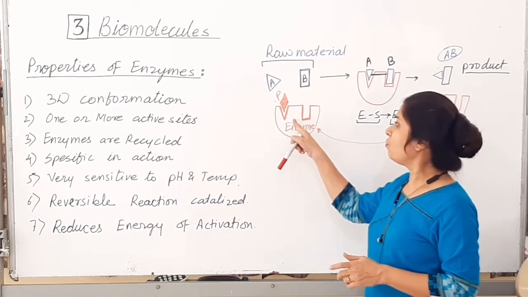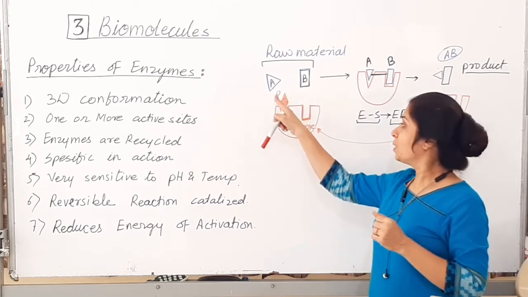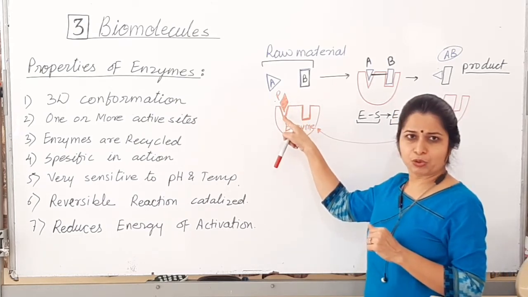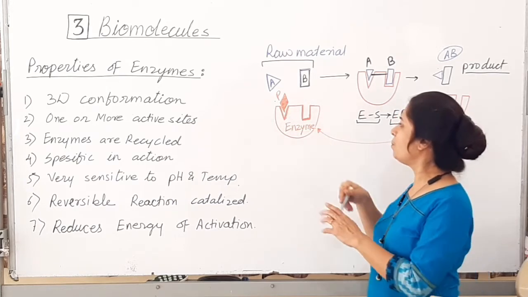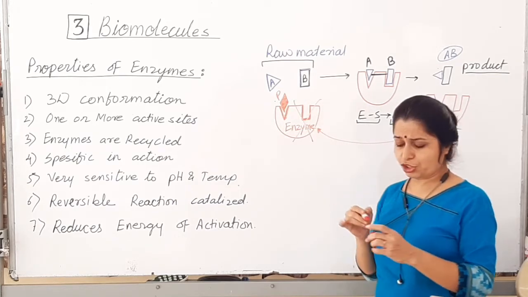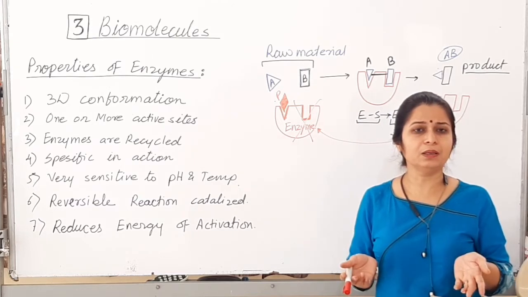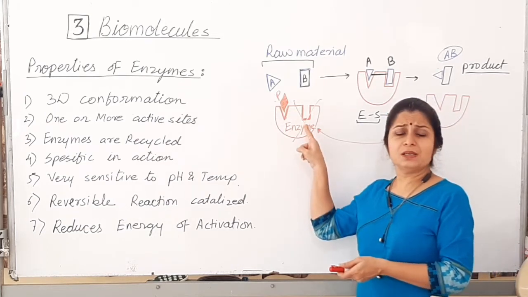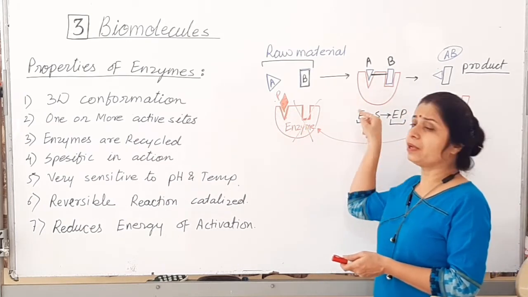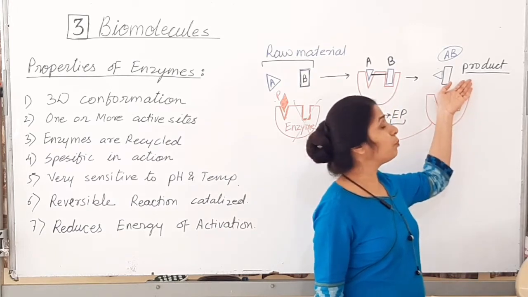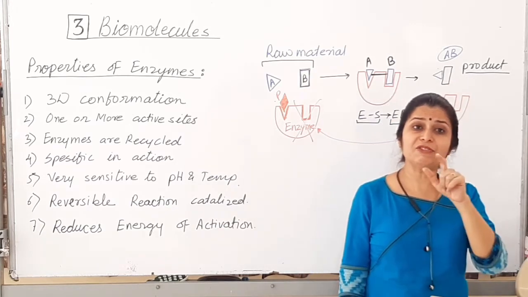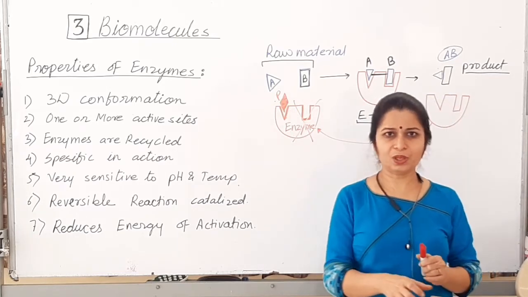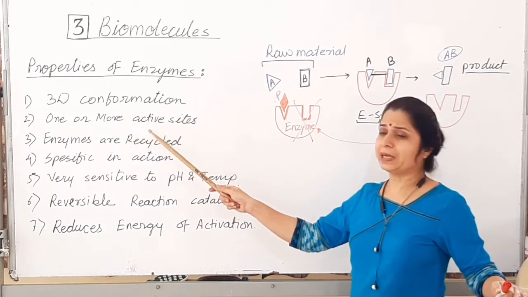Right? So, sometimes what happens? Poisons come and bind with the enzyme permanently. If this poison P binds permanently at the location of the A site, then this enzyme molecule is structurally completely transformed and goes into a non-active form. Just imagine, if poison makes this enzyme inactive, this chemical reaction will stop and there will not be AB product. And if the AB product is life essential, the cell will be dead in presence of this poison. Do you understand? So it has one or more active sites.